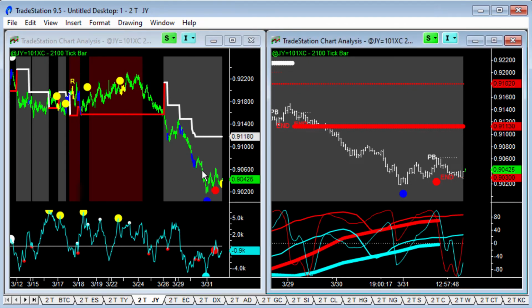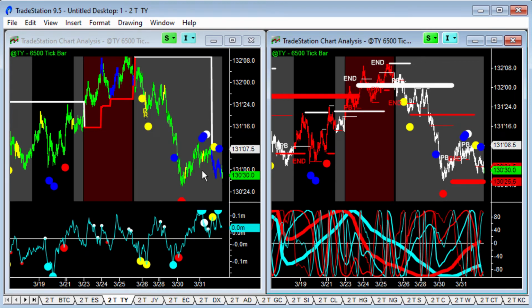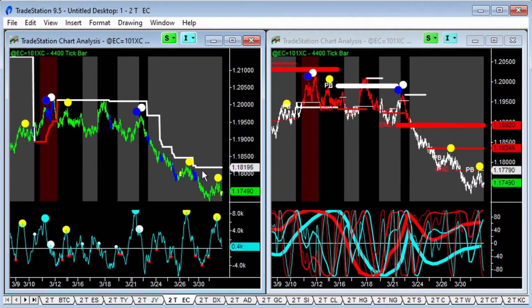So this is an important place for the Japanese yen, and for the 10-year bonds. Potentially, if the equities roll over into, I don't know, Monday, Tuesday, then we could see a change of scene with the bonds and Japanese yen starting to rally. So let's look at